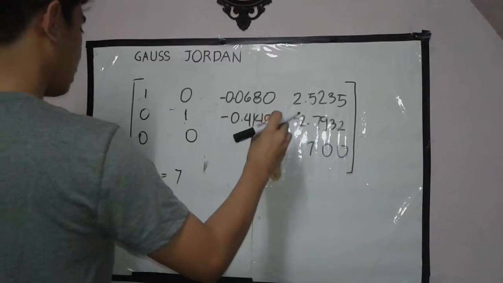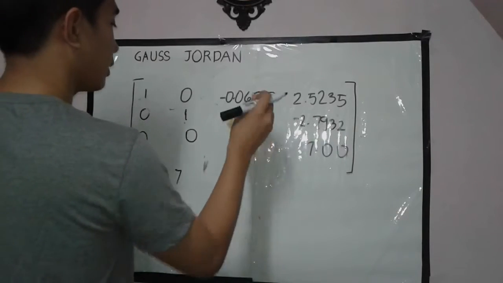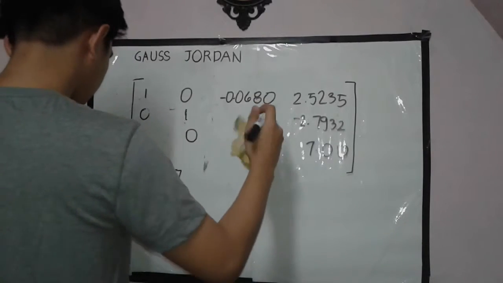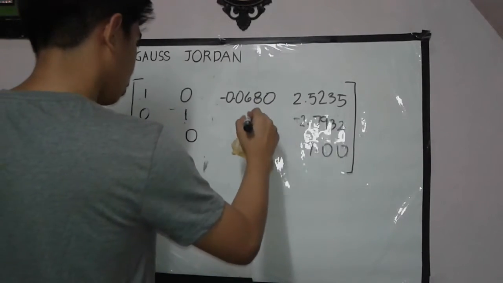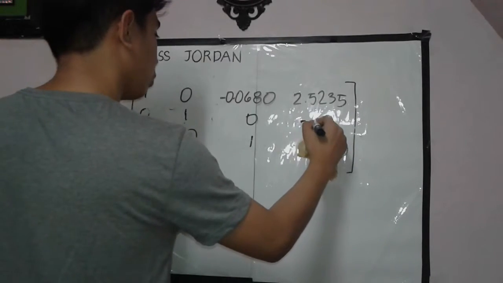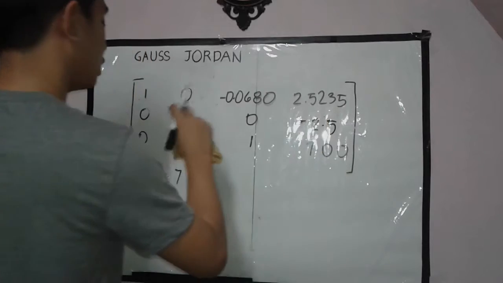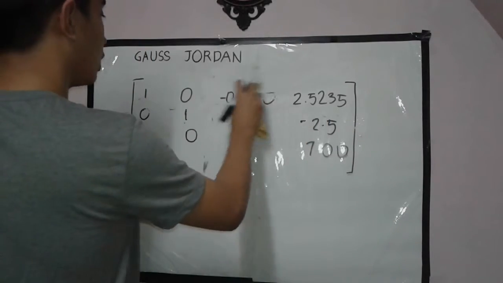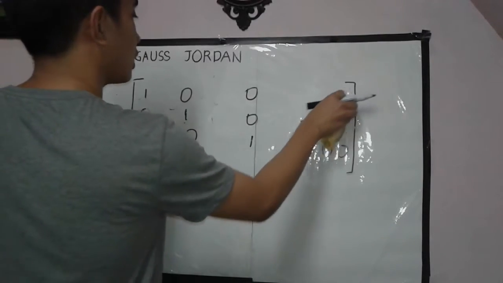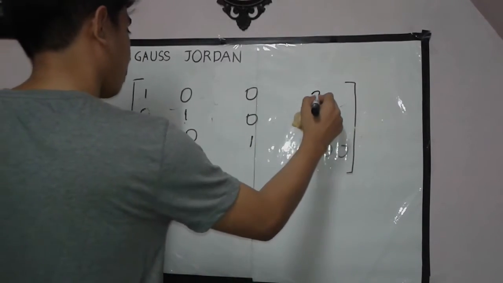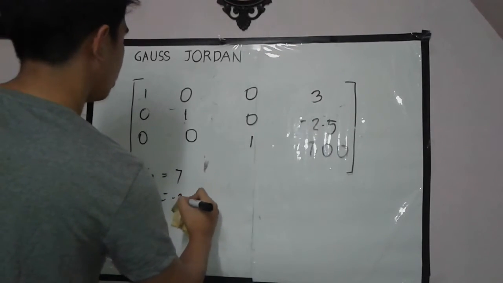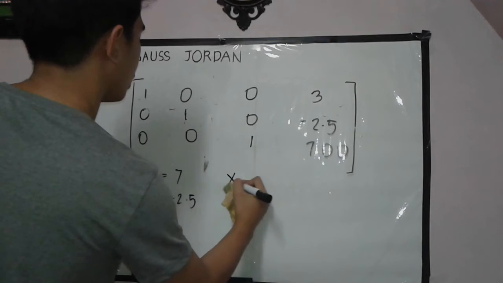So after that, your x sub 3 from your row 2 will become 0, and your constant will become negative 2.5, and your x sub 3 in your row 1 will become 0, and your constant in your row 1 will become 3. So the value of your x sub 2 will become negative 2.5, and your x sub 1 will become